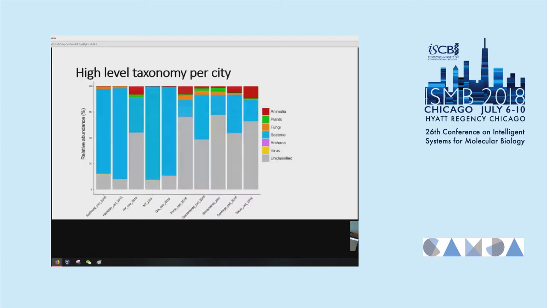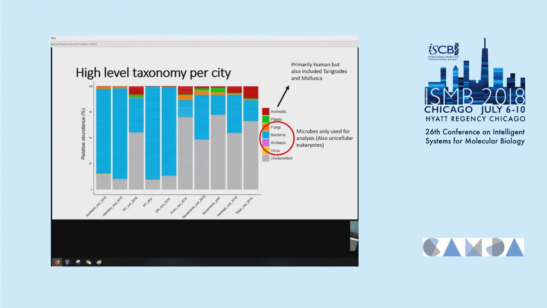So this is what Kaiju brought back to me, basically at a very high taxonomic rank, close to the domain level: animals, plants, fungi, bacteria, archaea, viral, and unclassified. And what we can really see here from the get-go is that even at this high rank per city, you can still see really large differences. In all cases, the majority of classifiable sequence is bacterial, in some cases actually followed by animal, although most of what's classified as animal was just human DNA. There were also small amounts of tardigrade DNA, which I personally thought was kind of cool, but we're not here to talk about what I thought was cool.